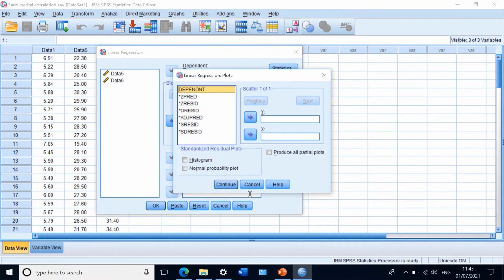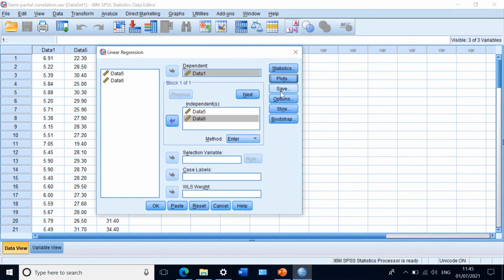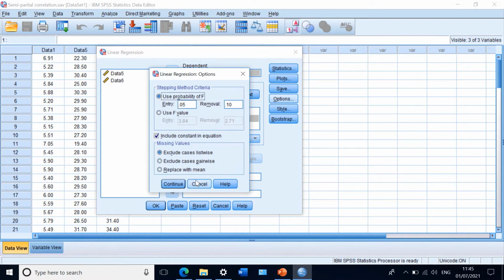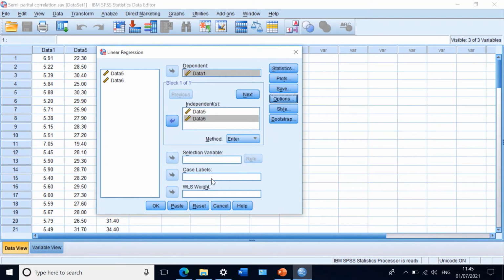Plots, I'm not going to make any changes, and options, no changes. Here what I'm asking the SPSS program to do is correlate data 1 with data 5, and at the same time remove the effect of data 6 on only data 5 and not on both 1 and 5. So if I click on OK,